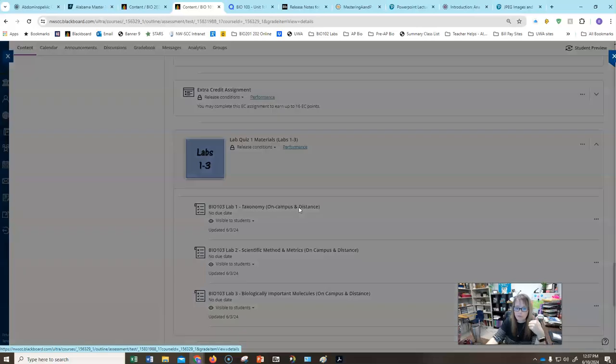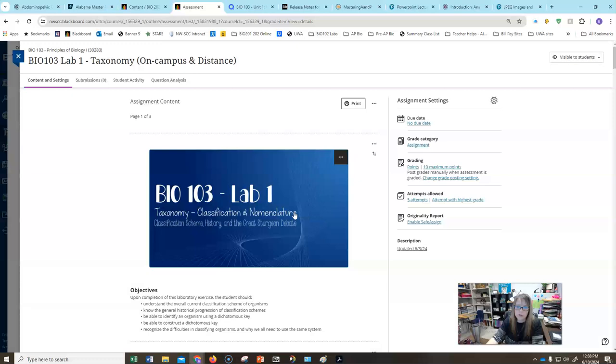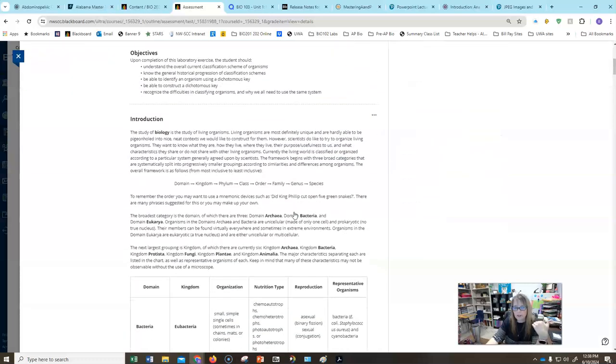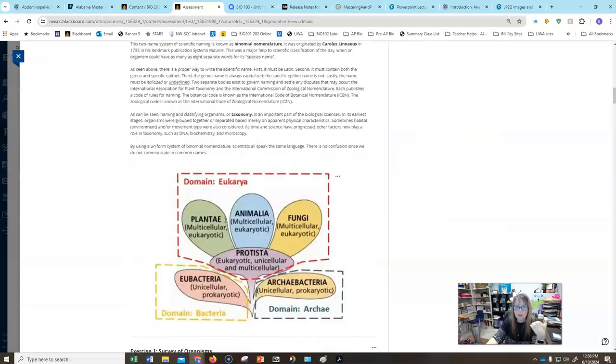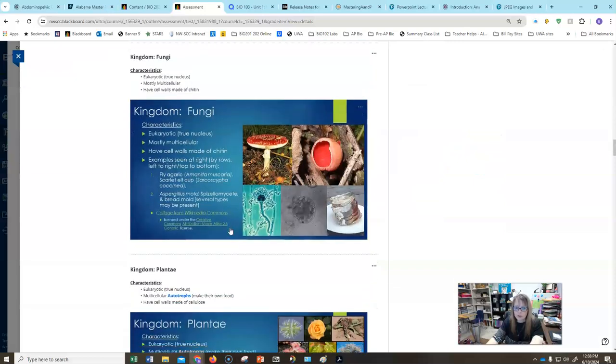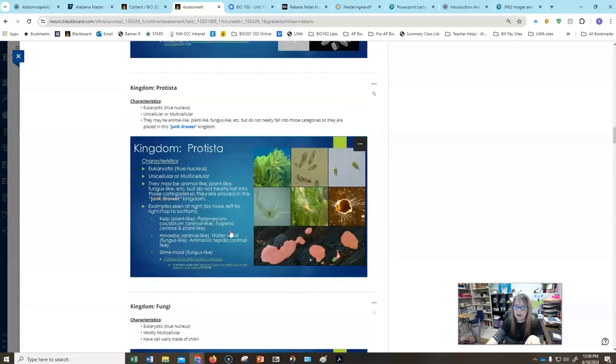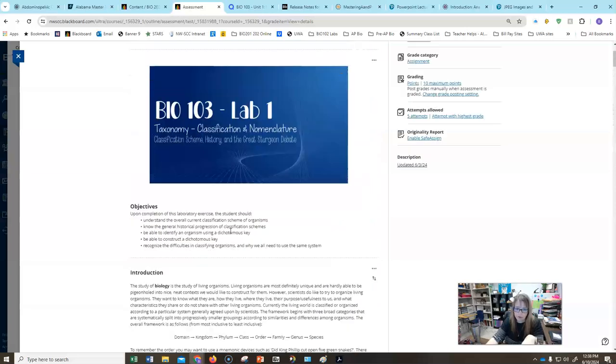You're going to open up the lab. This is going to look a little different to you than it does to me. I'll have all the information. You'll read through it, and you'll come to questions. Exercise 1, I give you some information to read through, and then you get to some questions. When you look through the provided pictures, you need to write out an answer for me here as to what it is. So it's all going to be automatically graded, except for some of those things where you have to actually fill it in. But it is an auto-graded assignment,